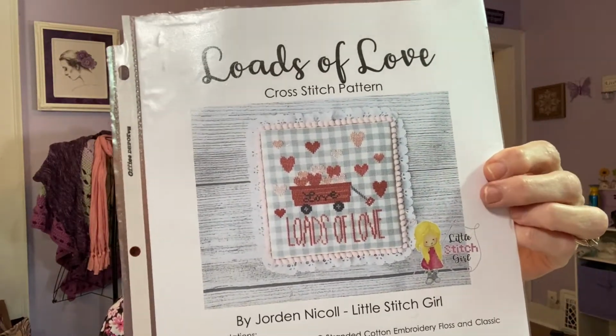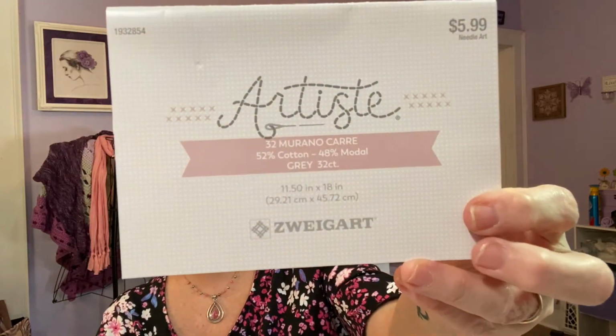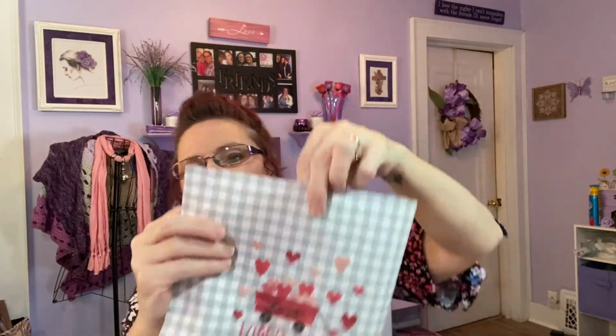I've had this pattern for quite a while. And there, I did mine on 32 count gray Murano Carre. This is from Hobby Lobby, so it's the Artiste brand fabric there. And turned out pretty cool. I have excess of it, so I haven't cut it down yet off that, but